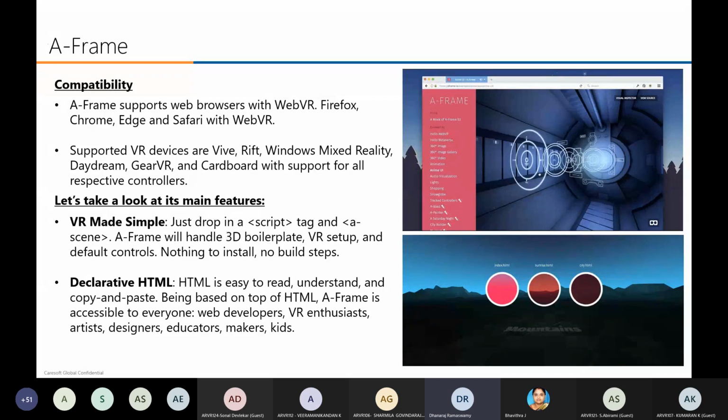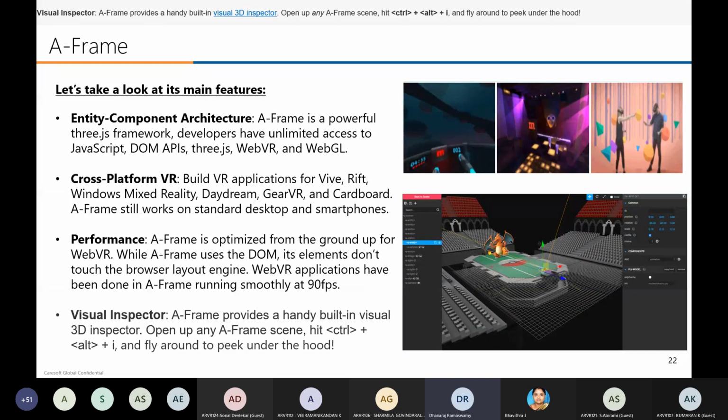A-Frame is accessible to everyone: web developers, VR enthusiasts, artists, designers, and educators, and you can use it in any field. So if you have three.js and WebVR, WebGL, and JavaScript, you can use it. It even supports cross-platform performance. It will be very good. It's optimized, and it supports a Visual Inspector.